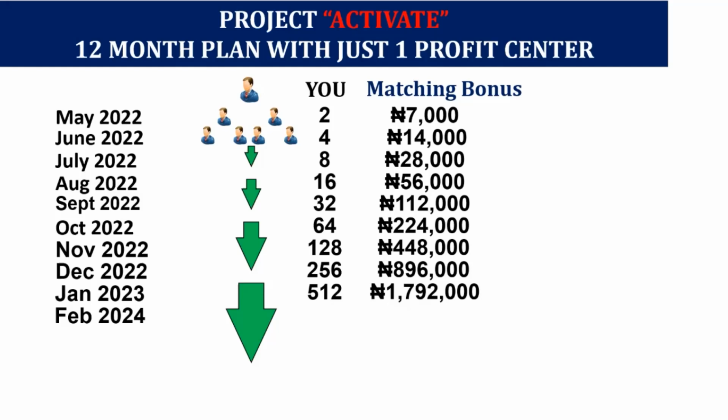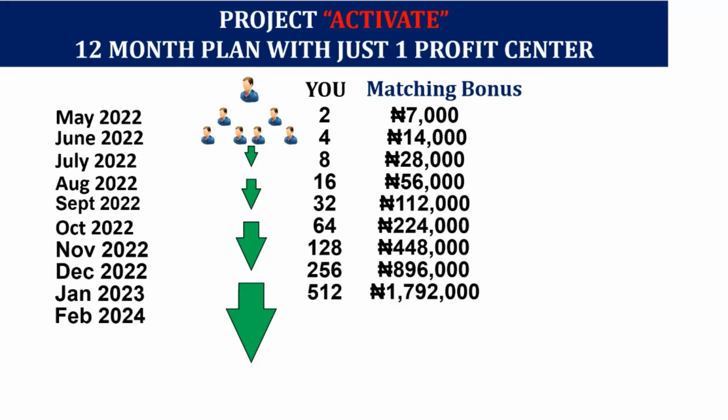Ladies and gentlemen, in February, the people who join in January, which is the 512 people, will individually, remember, you're not the one working with all of them. At every level, each upline is working, because remember the key. We said you activate, you also work with those people you activate to also activate, and then you also teach them how to work with their people to activate, and then you stay active. That is the formula. That is all. So you're not the one even working with all these 512 persons directly. No, you're not.